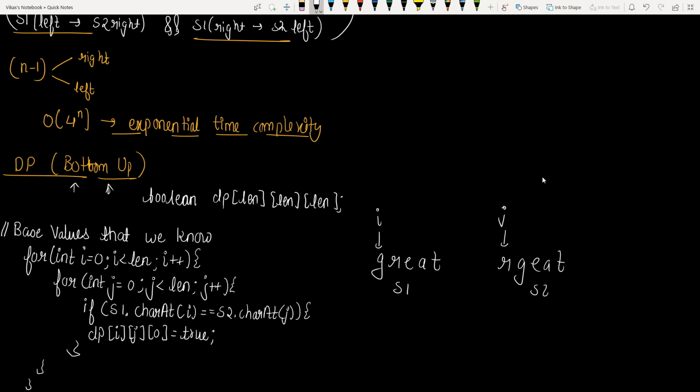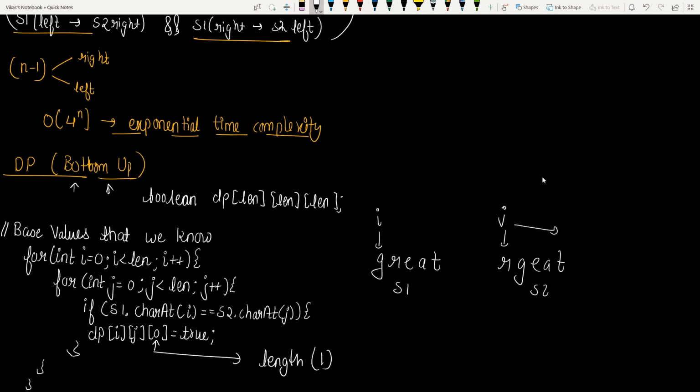For every i, we are going to iterate over the whole string s2, and if we find a match, that the character at ith position in s1 is equal to the character at jth position in s2, then we are going to make it true. So 0 represents that the length of the characters that we are comparing is 1.